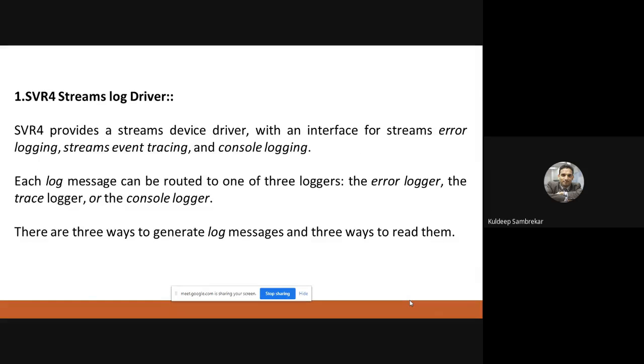What does SVR4 do? SVR4 provides a STREAMS device driver with an interface for STREAMS error logging, STREAMS event tracing, and console logging. Now this is at a system level. SVR4 provides some device drivers. The minute you install Unix, by default some device drivers also get installed, and those device drivers provided by SVR4 allow an interface for STREAMS error logging, event tracing, and console logging. So what happens is, whenever a log message is generated,